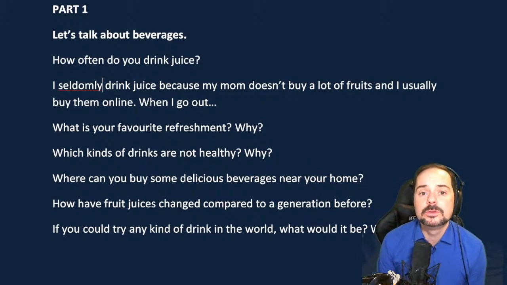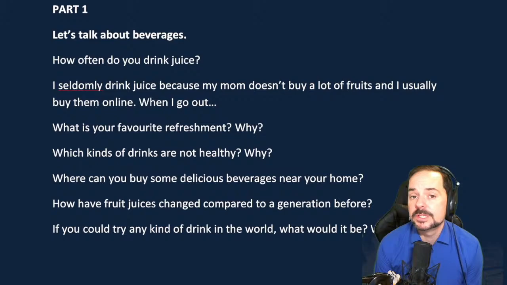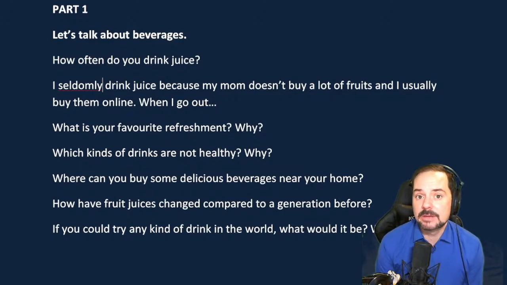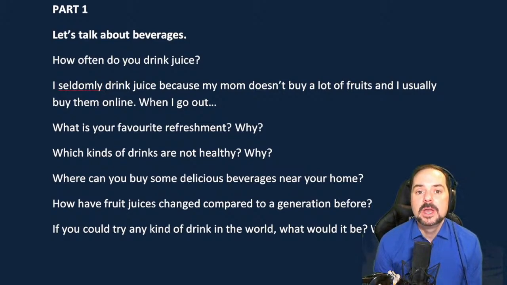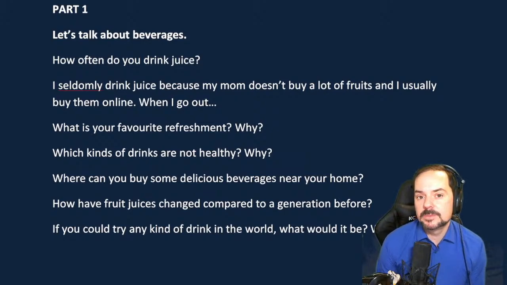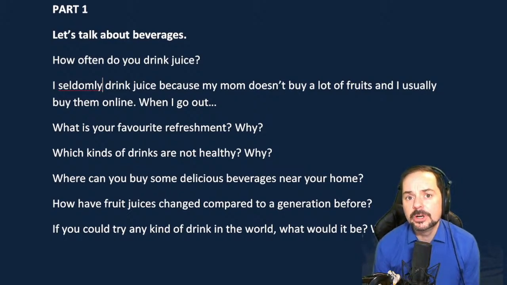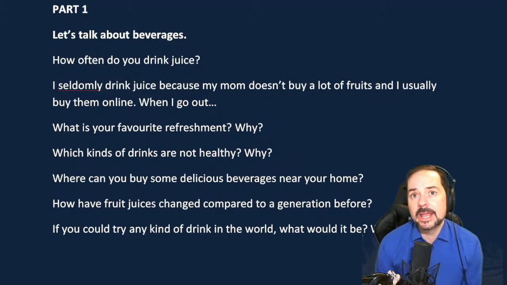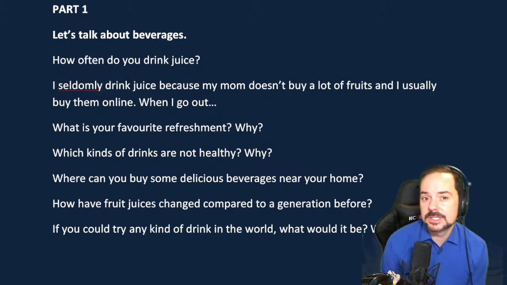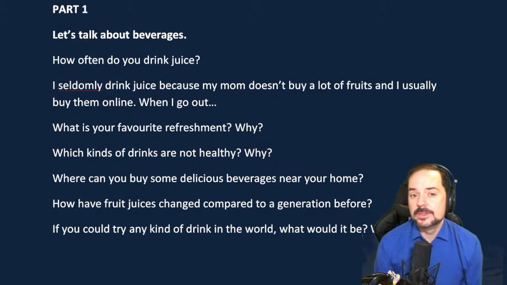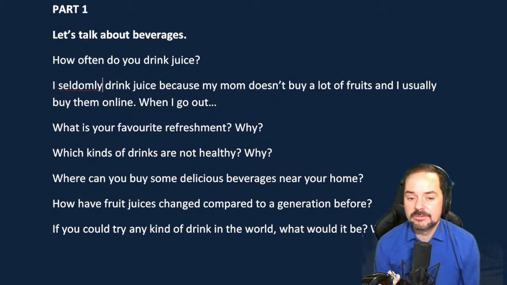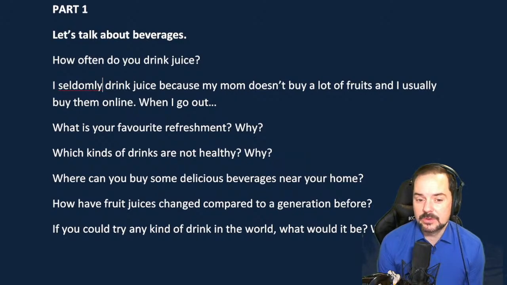So according to the IELTS marking criteria, your fluency is a band 8. Okay, your pronunciation is a band 8. You have very nice, clear pronunciation. I can understand all of your words, okay? Your lexical resource marks, so your vocabulary, is easily a band 7. I can tell that you have a lot of vocabulary. However, your grammar range is about a 6 and your accuracy is about a 5, and the coherence mark is about a 5. And I'll explain why, okay?